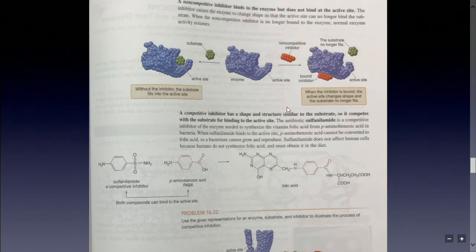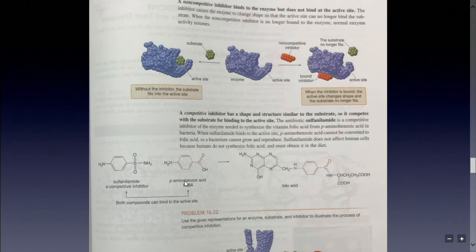And so they don't have a nice picture like that, but they do have an example here. So this is a really cool situation. So follow this train of thought. Here's a competitive inhibitor called sulfanilamide, and it's an antibiotic. So if you ever get sick and you got to take an antibiotic, here's one of your options. Sulfanilamide. When your doctor gives it to you, you can tell them you know how it works, and they'll be like super impressed. The sulfanilamide, it's a competitive, remember, inhibitor, and the way it works is it literally directly competes